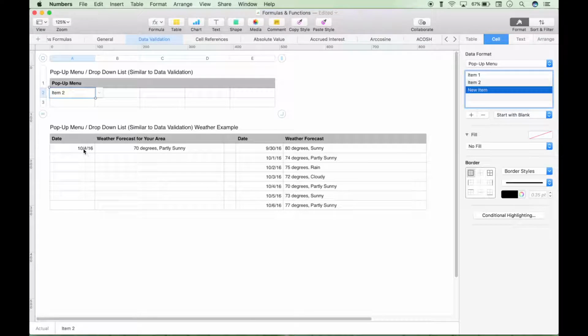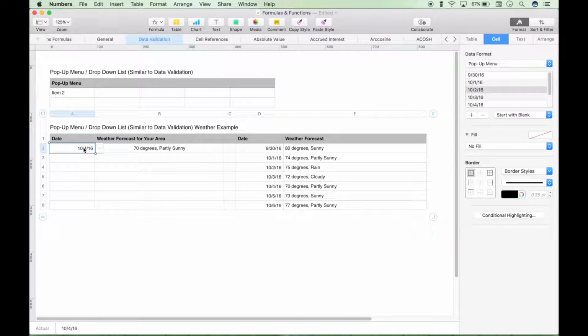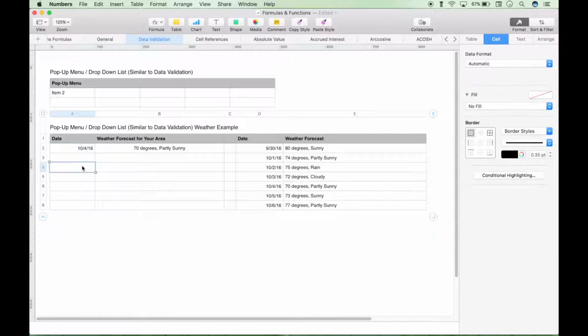So let's go ahead and show you an example here. Here we have a table of some data, and what we want to do is put in some dates here, and then use a VLOOKUP formula to pull in data from this table. So we want to use our pop-up menu, drop-down list, data validation, whatever you want to call it, and we want the description of the weather forecast to change based on whatever we choose from our list. Okay, so